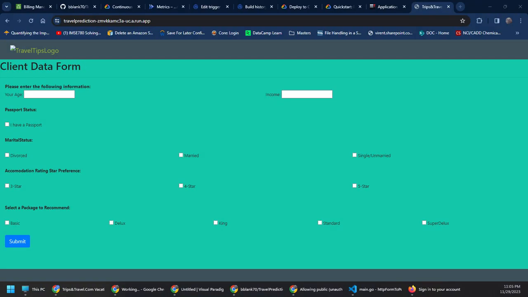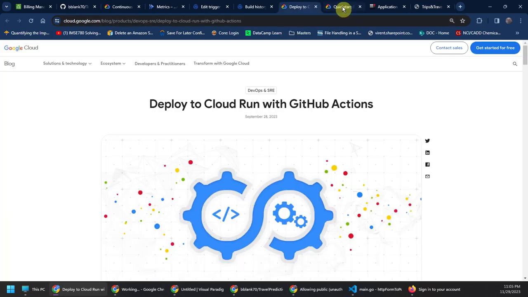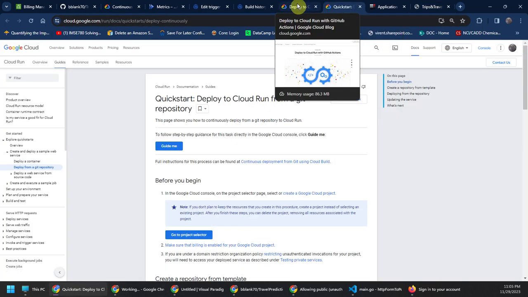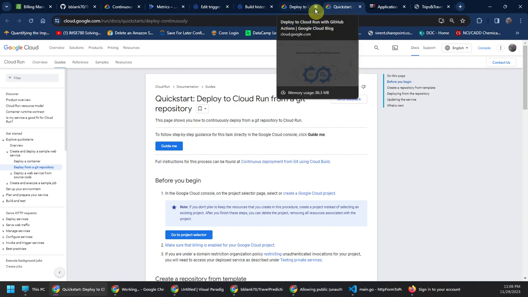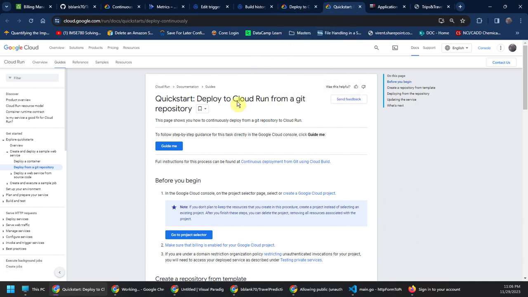Okay, everyone, I'm going to do a demo here on continuous deployment. There's a couple of options here. I'm going to do the GitHub Actions in a separate video, but I'm going to leverage the associated Git repository that's kind of built into the Google Cloud Platform. So just as a reminder, we've got this